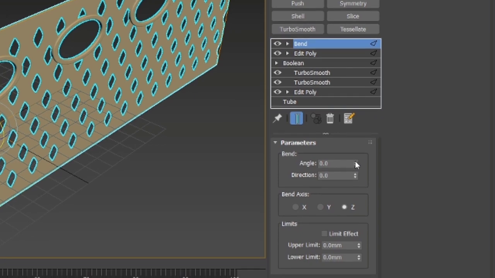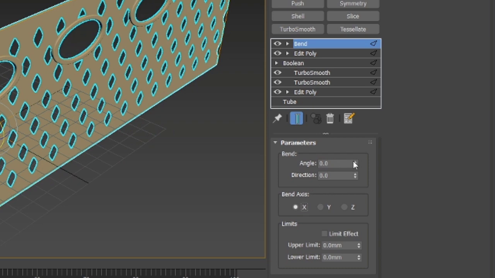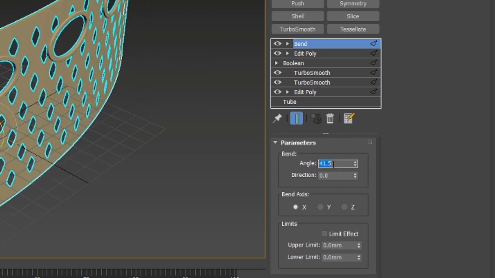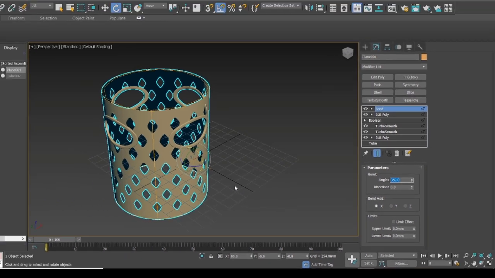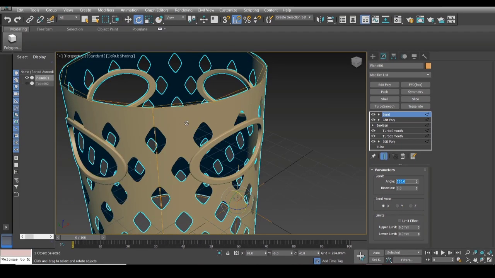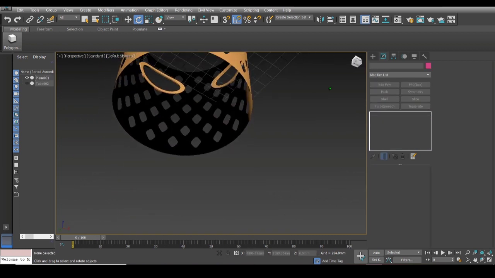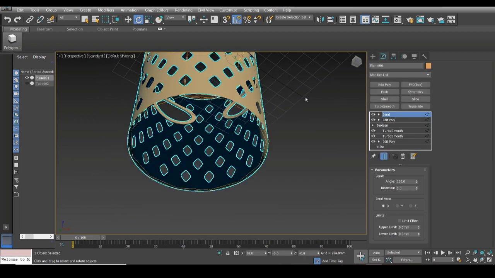In the modifier list, I press bend. And now you can see you have three axes. So you have X, Y, and Z. So now the X axis is the preferred one for me. So I'll just put 360 degrees. And here I get a nice kind of holder thing, like a pen holder it can be used